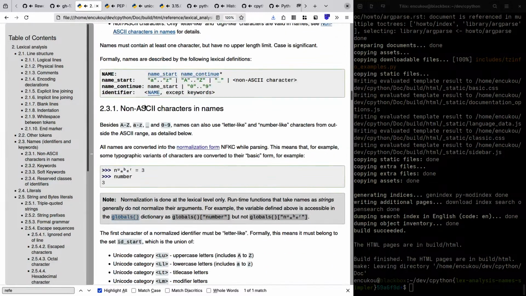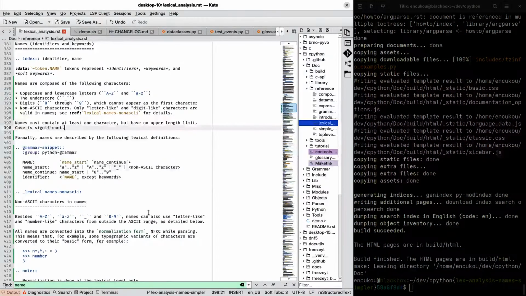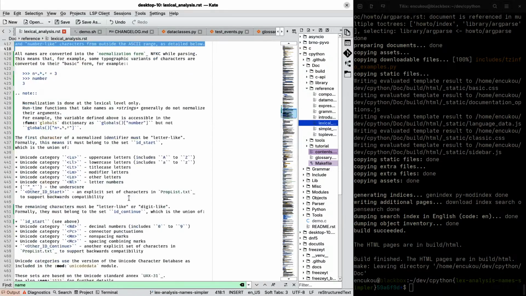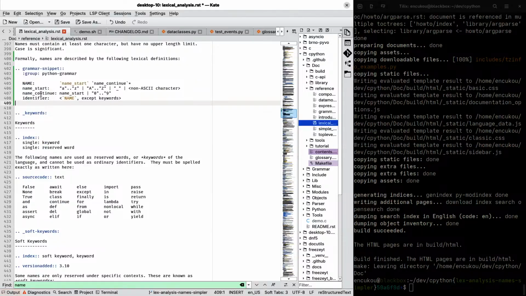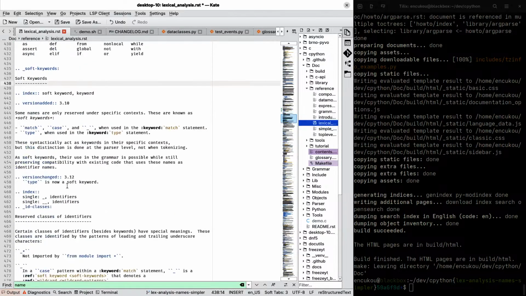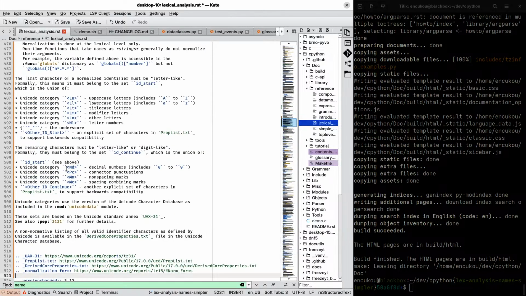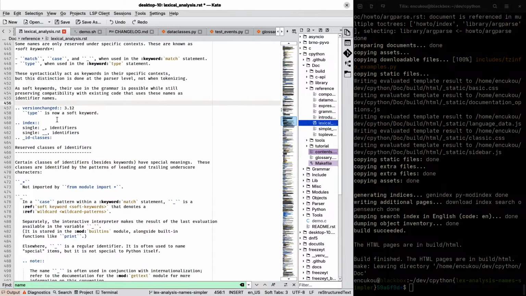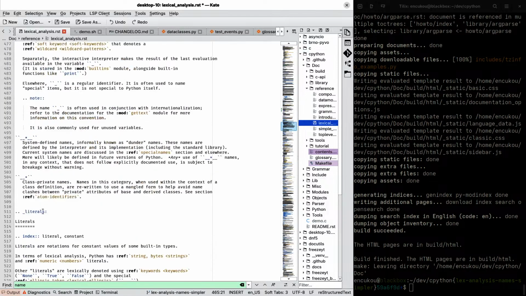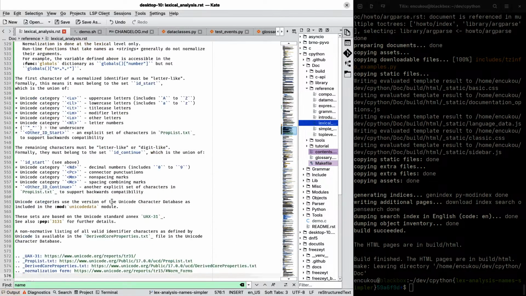Maybe this non-ASCII characters in names section can be moved a little bit down, because I don't think it's as important as keywords and soft keywords to the language. Yes, absolutely. It's almost like a special case of keywords. Right. Reserved classes of identifiers, okay, so it belongs here.